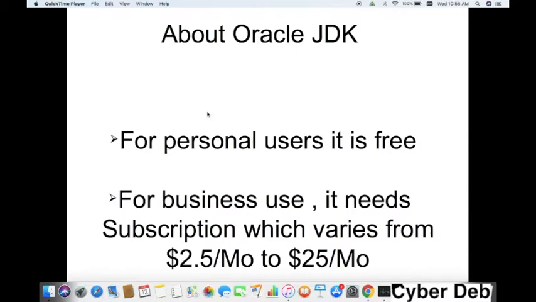Today's topic is not a new topic. It is the most widely discussed topic in the world of Java, meaning which one to choose.